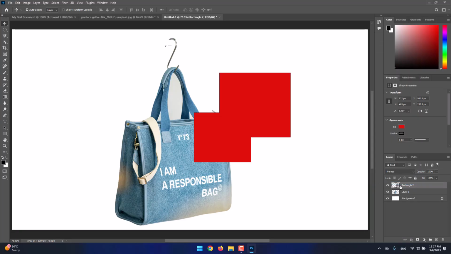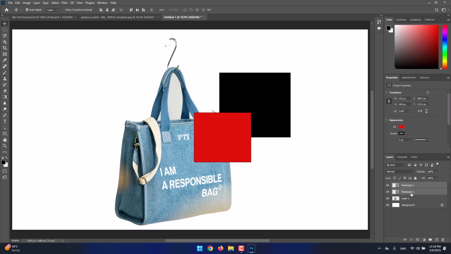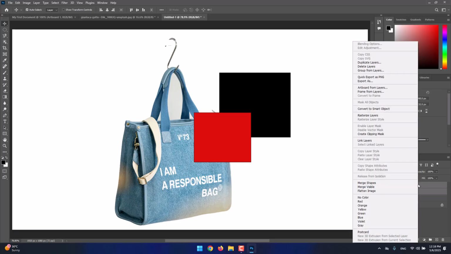By clicking that, it will merge those shapes, but as you see, it changed them a little bit. Why? This also refers to the concept of shapes and what they are, because they are a separate, different type of object inside Photoshop. So I press Ctrl Z in order to go back. So as you saw, the shapes were merged. Now I want the layers to be merged. So I can right click again,